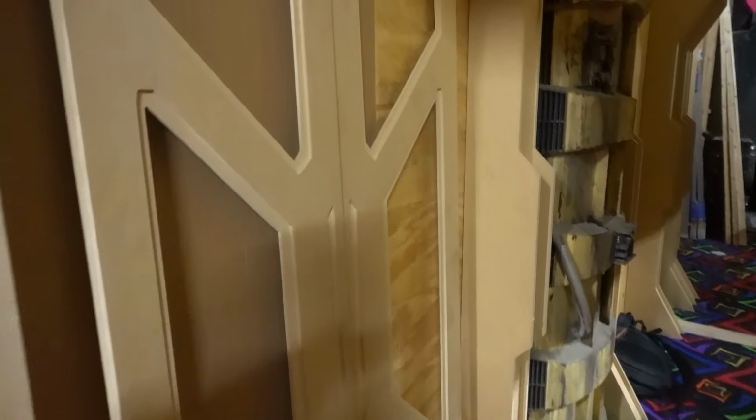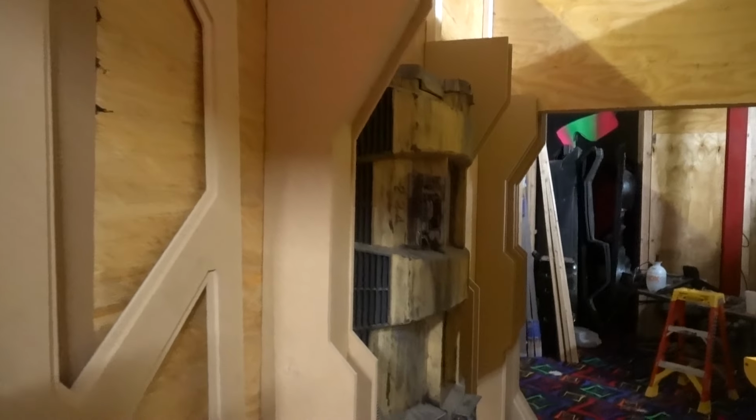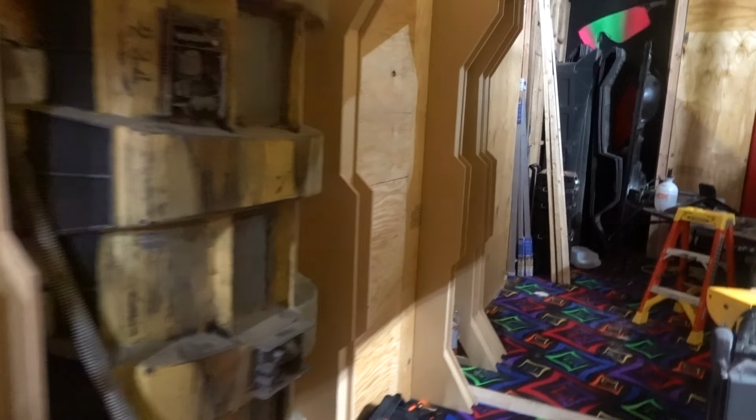But what we wanted to show you today is us building the alien escape room. So we're gonna walk in here, and the other thing we're gonna talk about is we have some animations. We're gonna go over that. We're gonna showcase them and tell you what we have for sale, and we really wanna get rid of them, so call us, make us an offer. And you can email me at